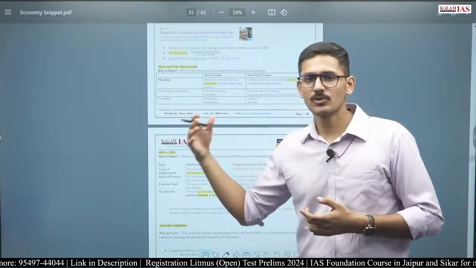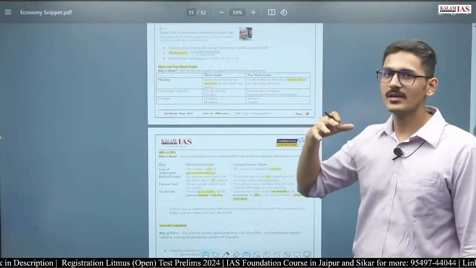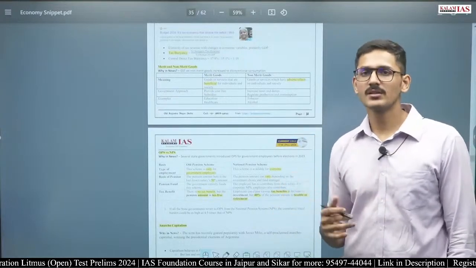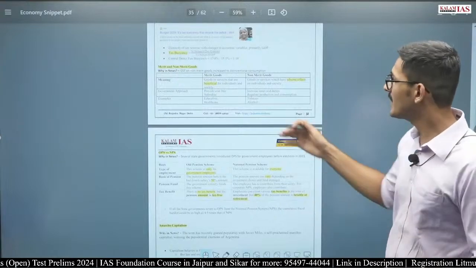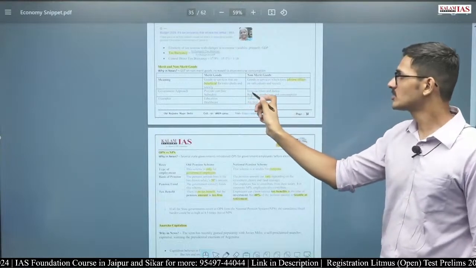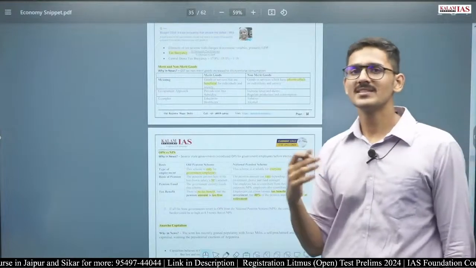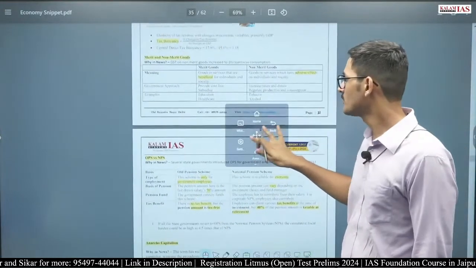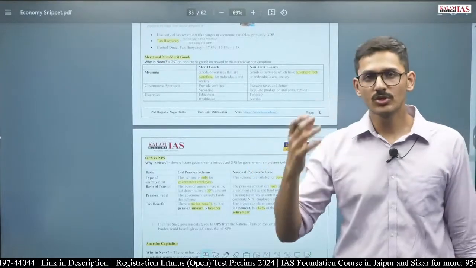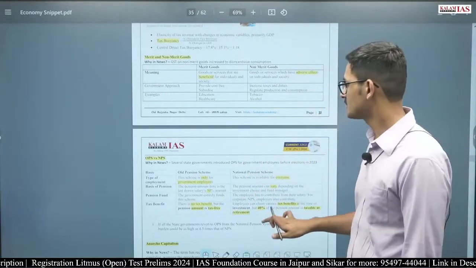So what is the government's approach for merit goods and non-merit goods? For merit goods, the government will provide these goods cost-free. For example, education or health is provided by the Government of India cost-free, or the government might subsidize the consumption of these goods. For non-merit goods, the government will increase taxes and duties. For example, every year we hear that the government has increased the taxes and duties on tobacco or alcohol. So the government tries to reduce consumption by regulating production or increasing the taxes.